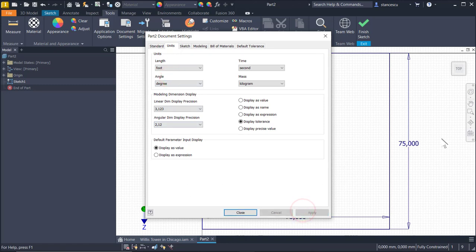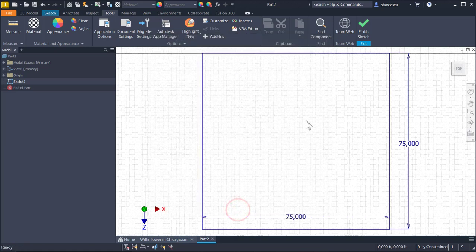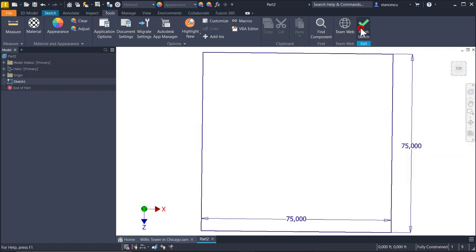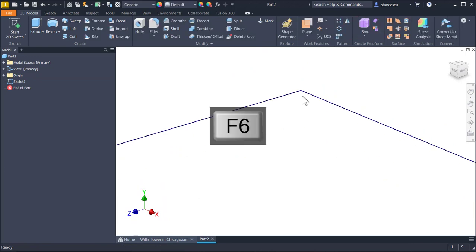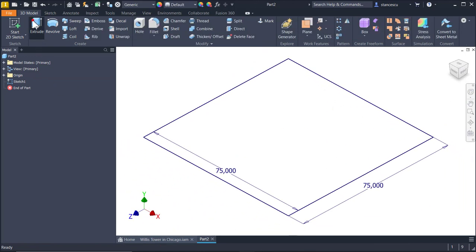Apply. You see, now we have 75 feet. Finish sketch. Extrude,